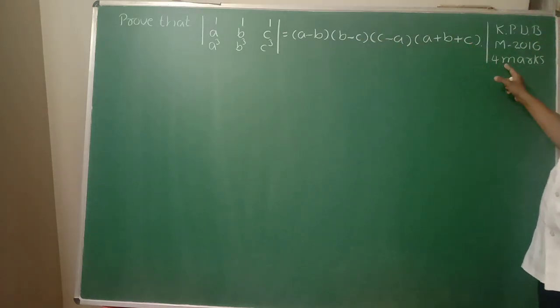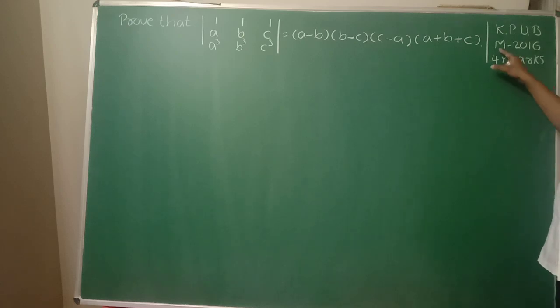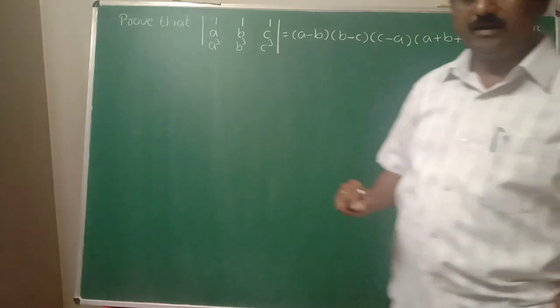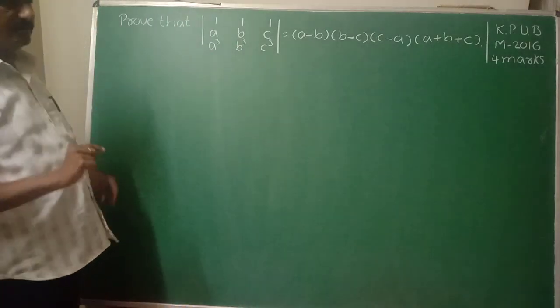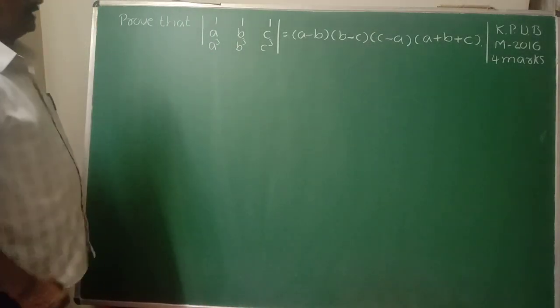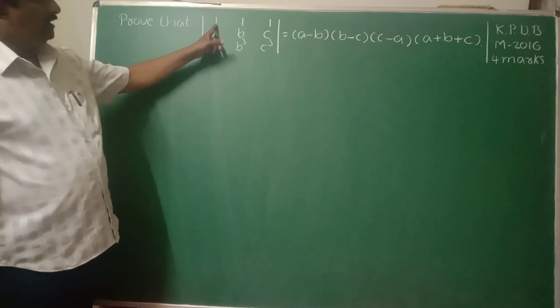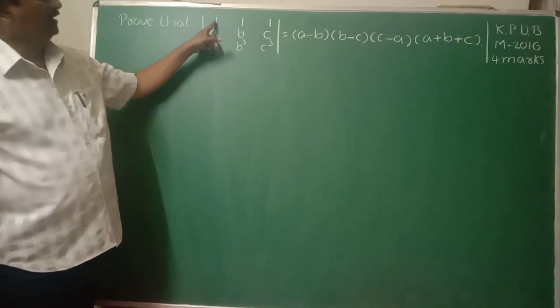Even this is also a 4 marks question here, asked in your March 2016 Karnataka PU board. Such type of examples are very important here. Every year there will be one example in the annual examination here. Just like the previous example, if in any row or any column the elements are 1, 1 and